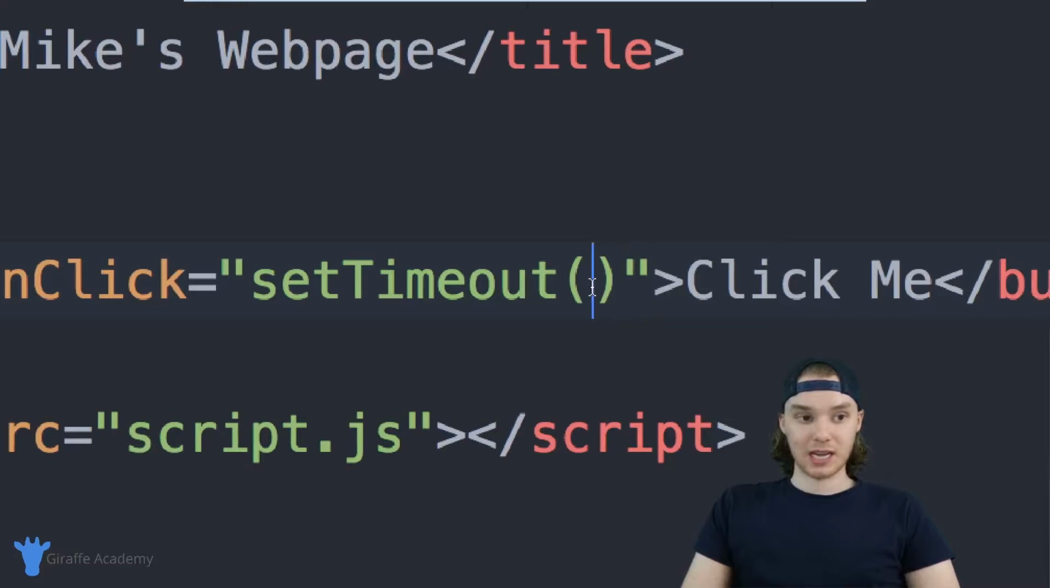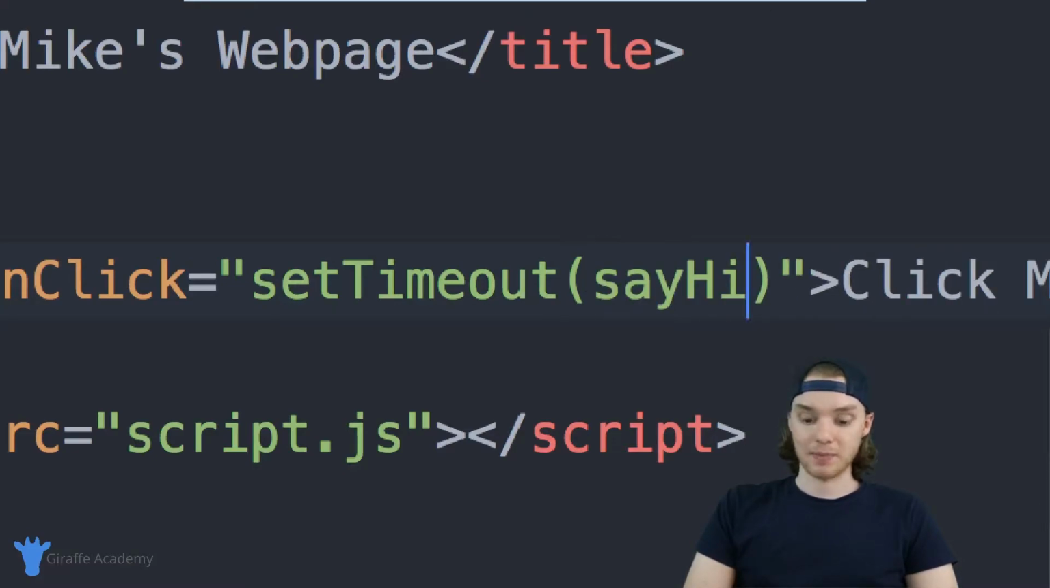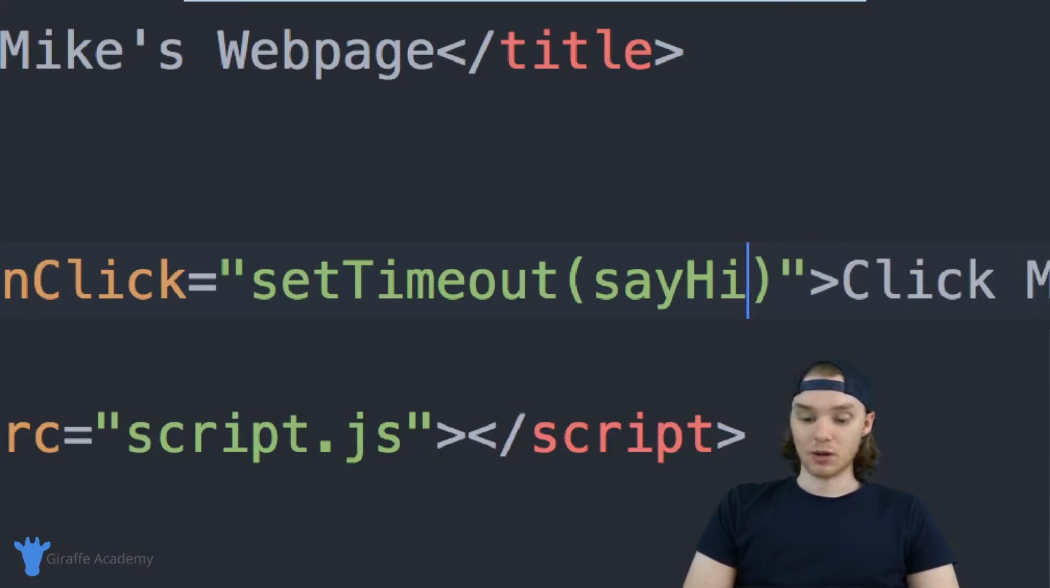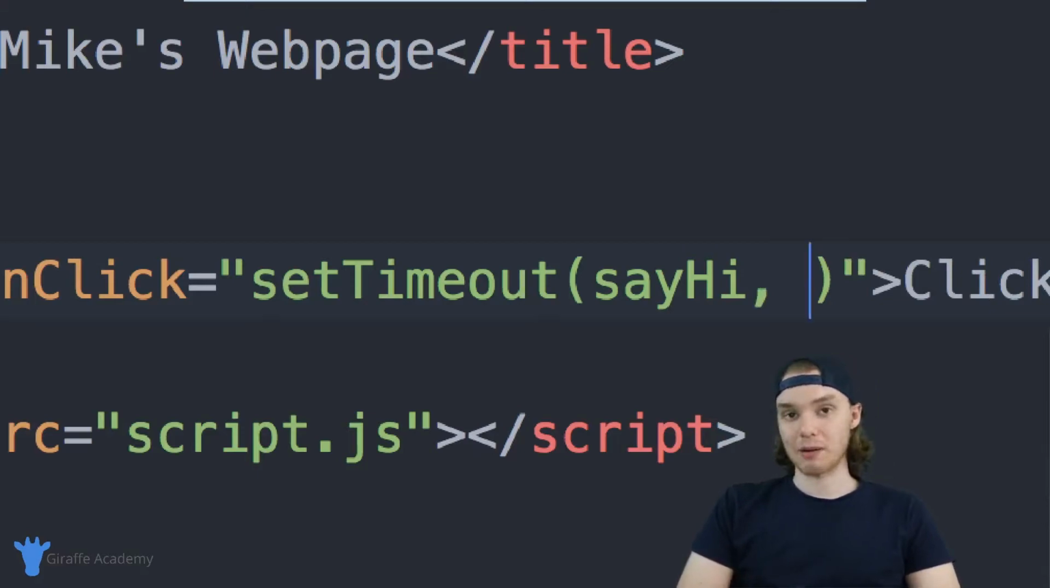So inside of this setTimeout, I need to pass it 2 parameters. The first is going to be the name of a function that I want to execute at the end of the time interval. So I can just say any function. Let's say we'll make a function called sayHi. And whenever you put a function inside of here, you just want to include the function name. You don't want to use open and closed parentheses. So just put the name, and then we're going to pass in a second parameter,